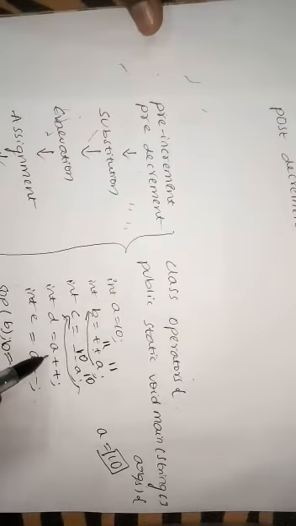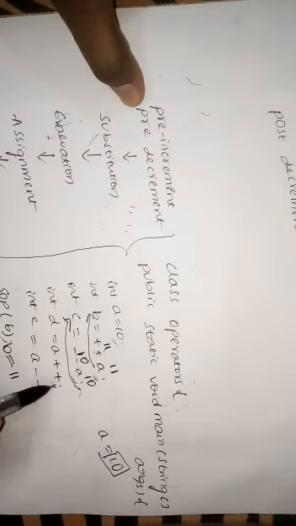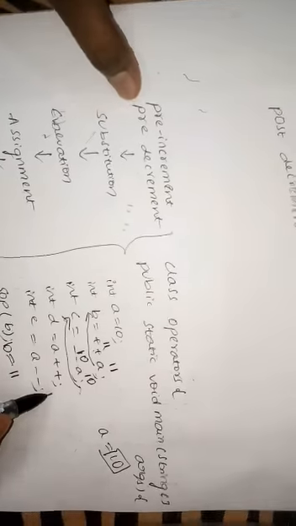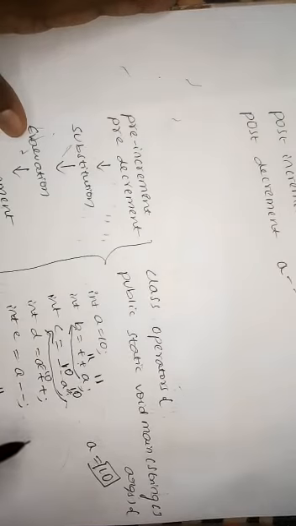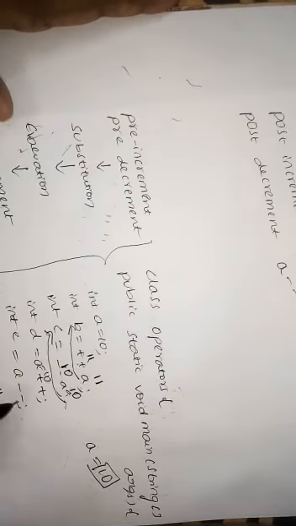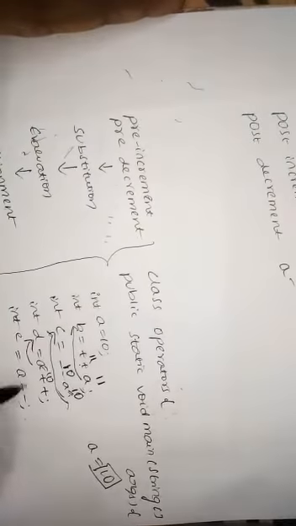The next is post-increment. The first step is pre-increment and pre-decrement. There is no pre-increment or pre-decrement. Next, the current value of a is 10. Substituted a equals 10. Evaluation, there is no further expression to evaluate, so leave the third step. And assignment, a is 10 and it is assigned to d. Then it will print d equals 10.